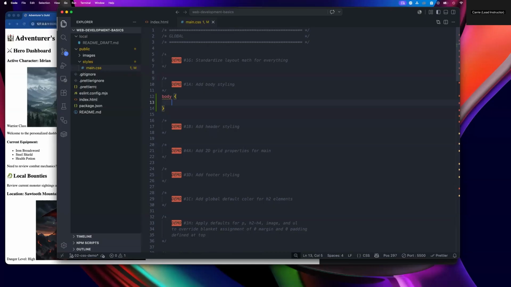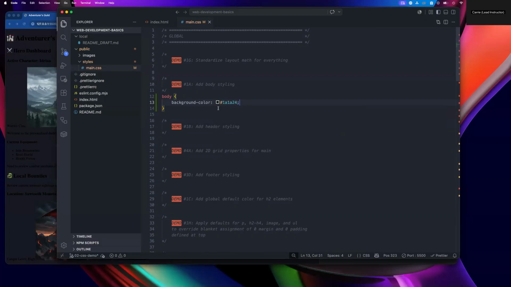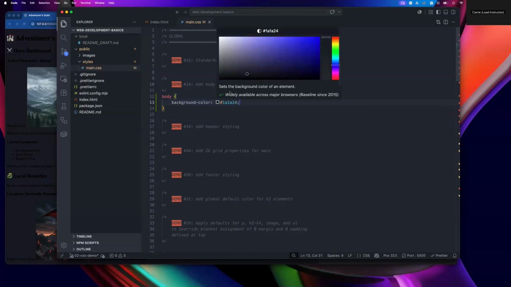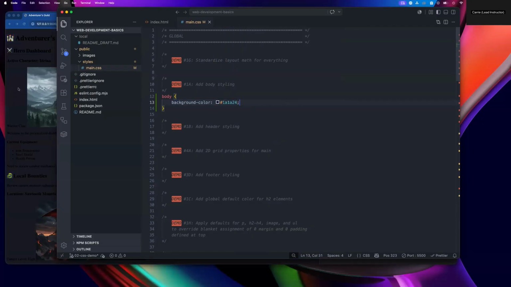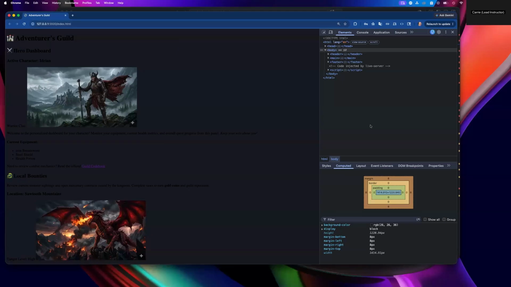Everything we define here is a series of key value pairs. I'll start with background color, and I'll change it to 1A1A24. Now this is a hex color system, and VS Code has this built-in feature where you can come up and actually move this around if you want to. You can change the color space if you want to work with some of the other many systems out there. The most common are RGB and hex. I am mostly going to be using hex, but we will look at RGB a couple times as we unpack this. You can see we have a nice dark charcoal gray to start,